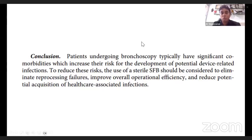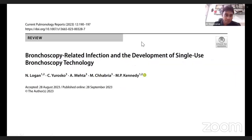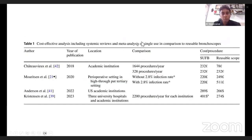And to reduce these risks, the use of a sterile single-use bronchoscope should be considered to eliminate reprocessing failures, improve the overall operational efficacy, and to reduce the potential acquisition of healthcare associated infections. So in addition to this, there is another study which tried to assess the bronchoscopy related infection and the development of single-use bronchoscopic technology. In this study, they compiled the data that was available across different healthcare